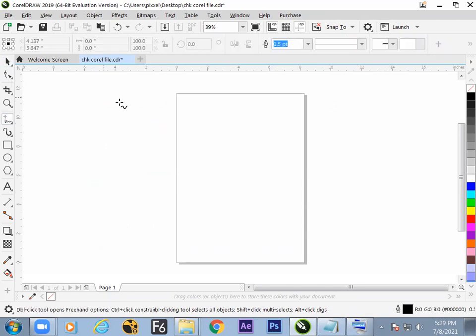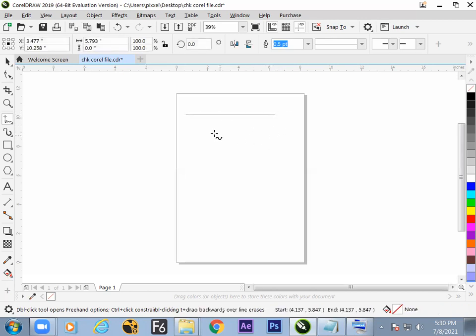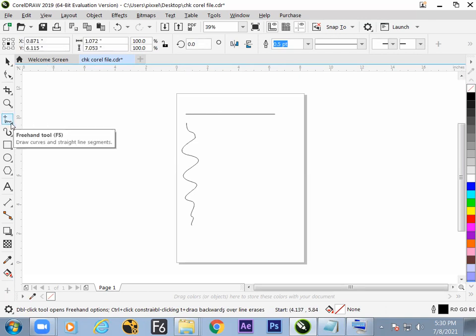So let us move into the same pick tool. We are not drawing anything, just the basic part only we are understanding. Now click and click with the shift, straight line. Now the click and draw, the next line is with the same. So this is the beauty of Corel. The same tool behaves just like a straight line. The same tool behaves just like a freehand drawing. That's why the name is freehand tool.